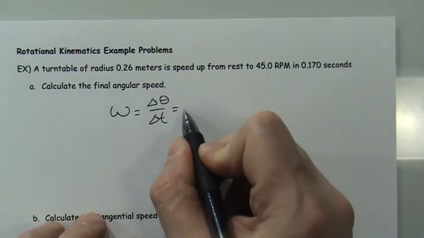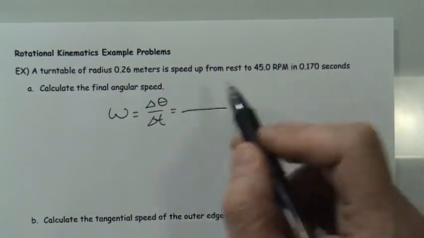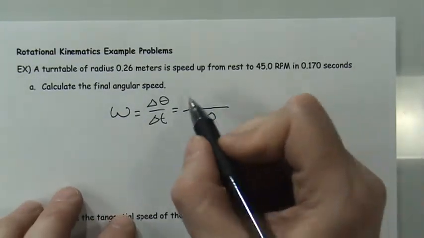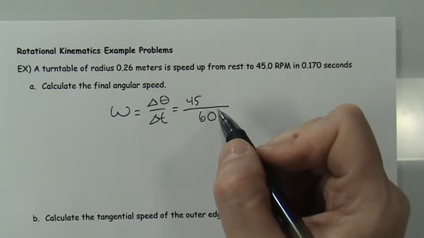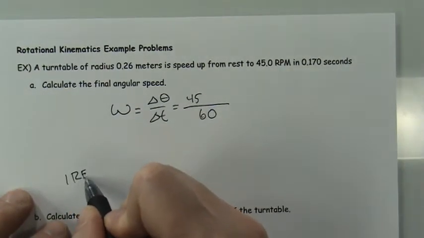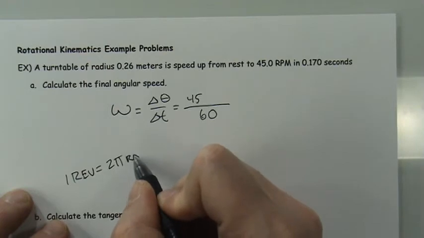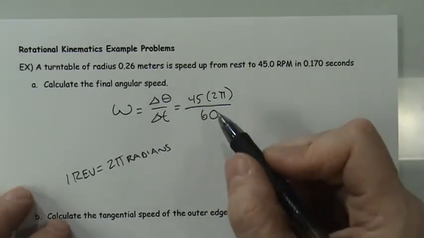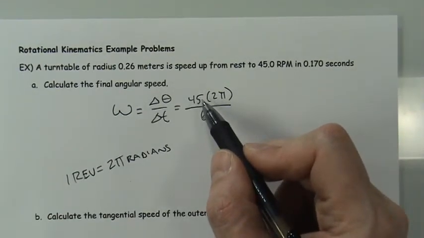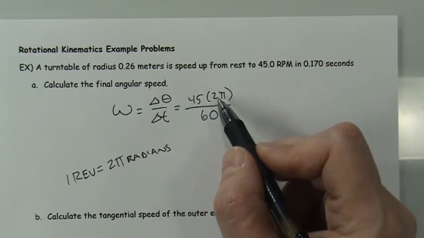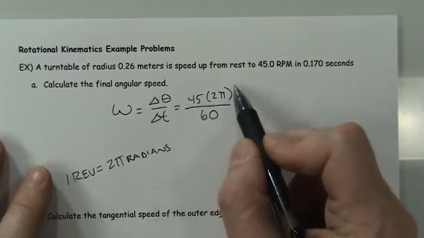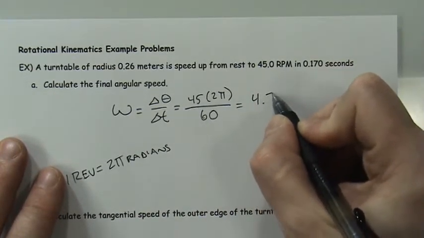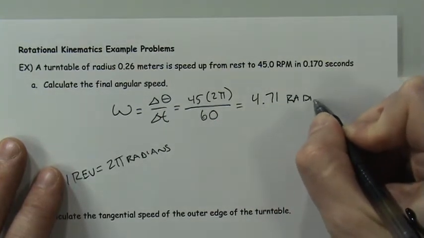Now, obviously, the time aspect is pretty easy because this is revolutions per minute, so that means that there are 60 seconds. Okay, but 45 revolutions per minute, so 45 revolutions, but each one revolution is equal to 2 pi radians. So all I need to do is to multiply by 2 pi, and I'll get the total angle that was swept through. 45 full revolutions times 2 pi radians for each one revolution gives me the total number of radians that have been swept through. And in this case, we're talking about 4.71 radians